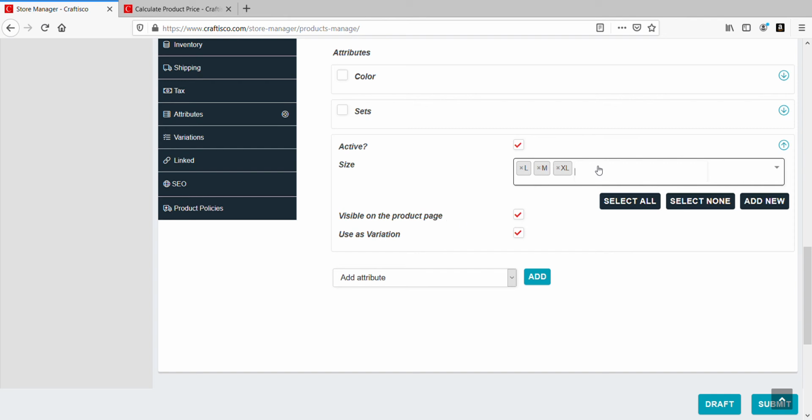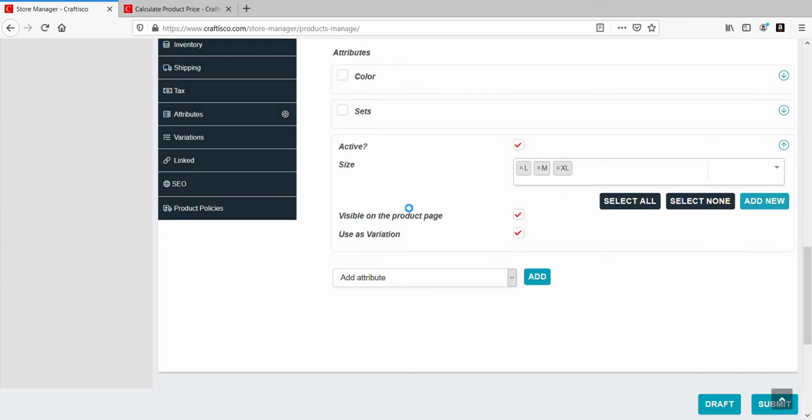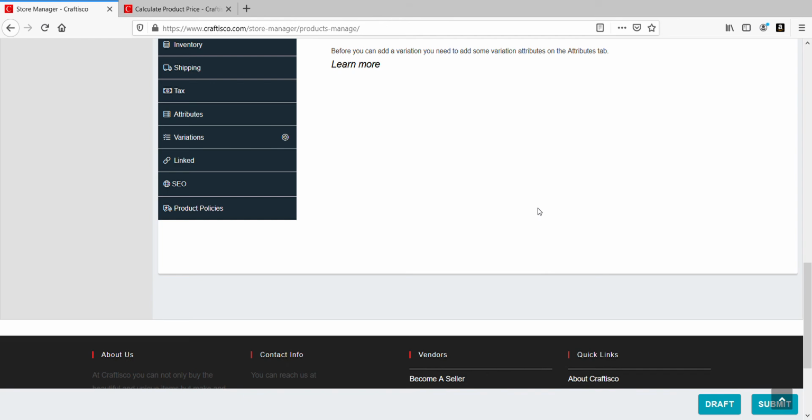Once you have done this, just in case you don't have the particular size here, you can click add new, and you can say triple XL, and I say okay, and that particular size will get added. Okay.